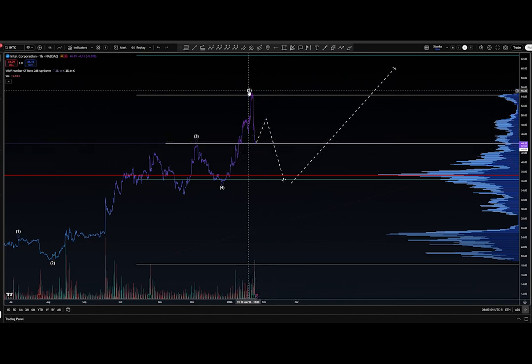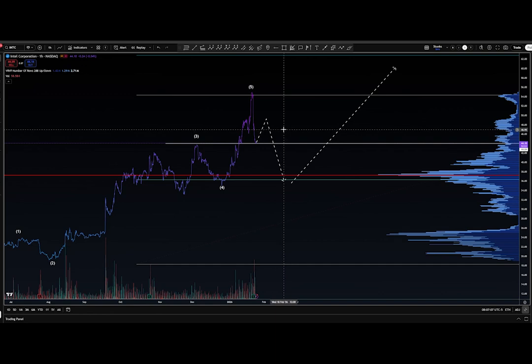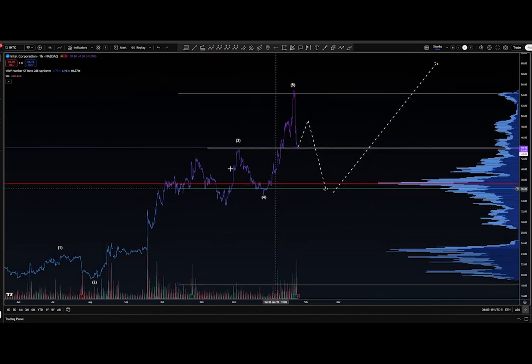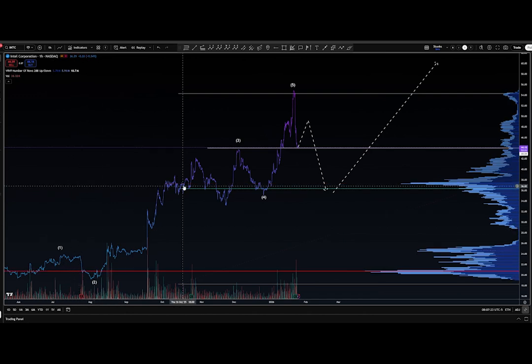So a short opportunity in the near term on Intel, maybe as soon as this week. It potentially takes a little bit longer for this 2/B to play out since this has been so fast. But we'll go ahead and keep an eye on it. Very interesting chart and very interesting price action, very much following the Elliott wave theory.